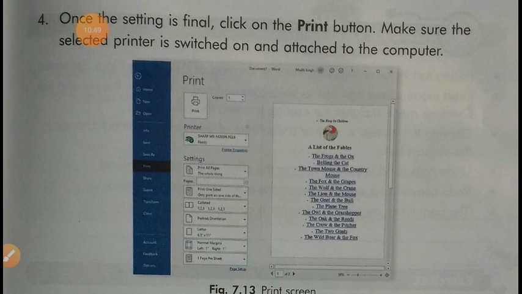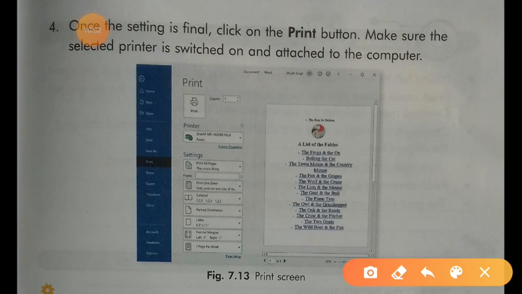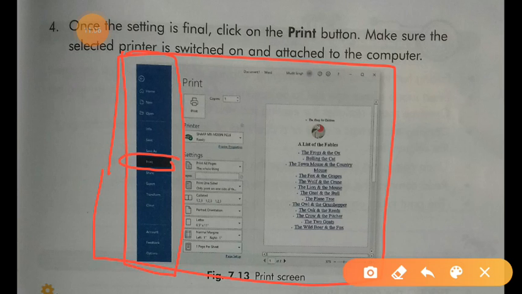Here you can see this figure. Okay, this is the drop down menu. Just click on the print option, and then here you have to specify the number of copies. Okay, and then click on the print option.